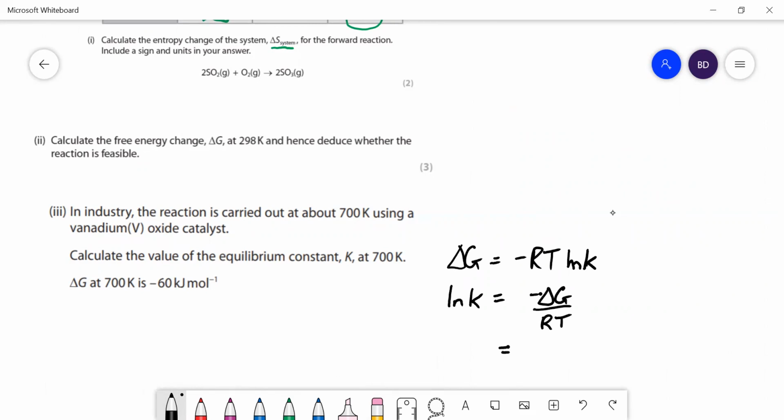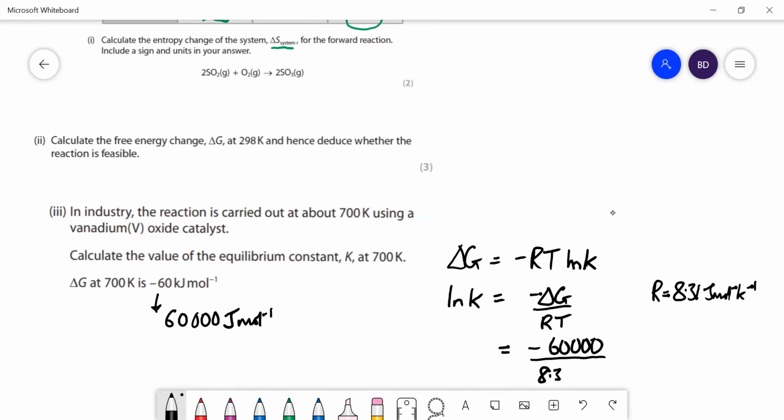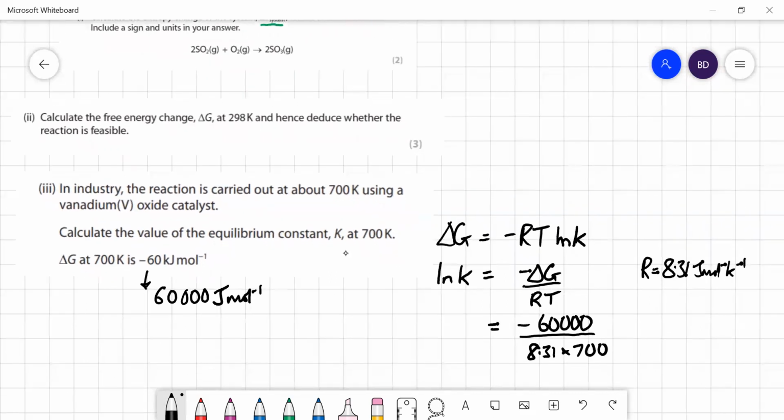Put the numbers in. Now we have to be careful again, because R is in joules per mole, that's 8.31 joules per mole per Kelvin, whereas delta G is in kilojoules, so we need to convert our delta G into joules. So that's going to be 60,000 joules per mole. Put the numbers in: minus 60,000 over 8.31, and the temperature 700. So work that out. We get ln K is equal to